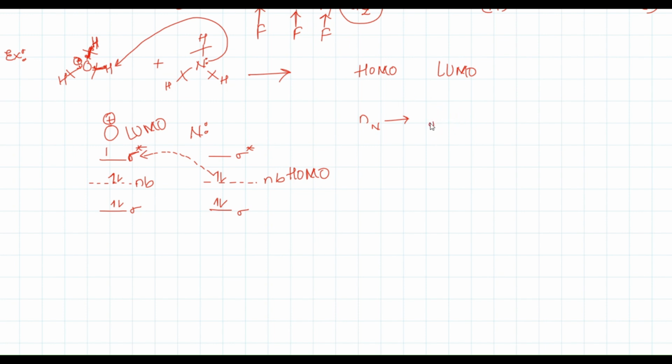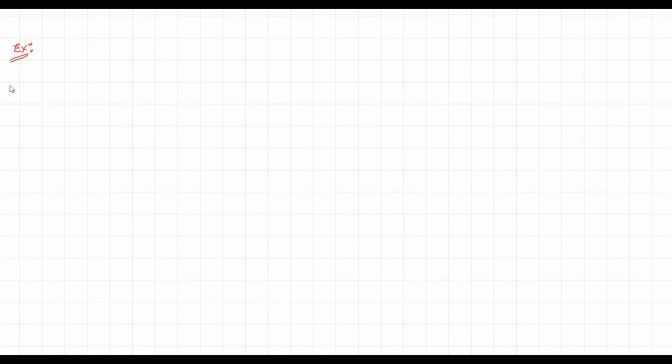Non-bonding electrons of nitrogen to sigma star of OH, not oxygen. It will abstract a proton, and then only it will be destabilized, right? This is important. This case is important. This has been asked in the NET exam. So the next example is